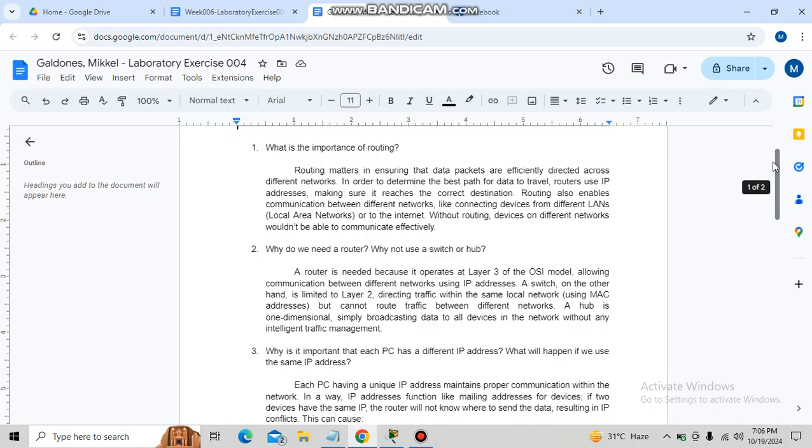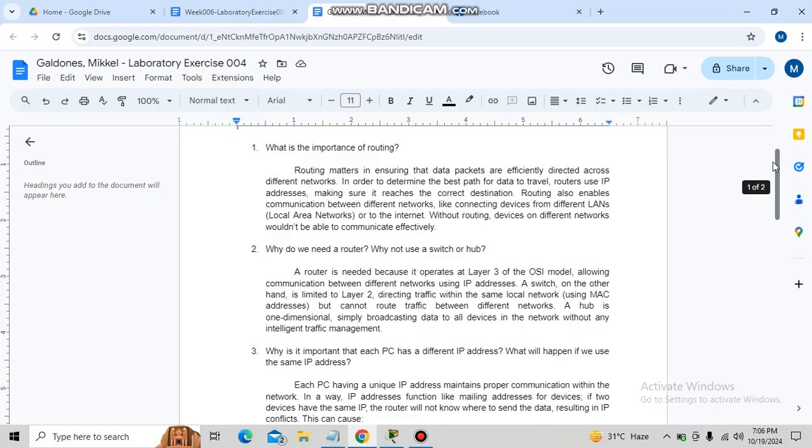So, a router can allow communication between different networks using IP addresses, while a switch is limited to local area networks only, most of the time, or basically single networks. And then,